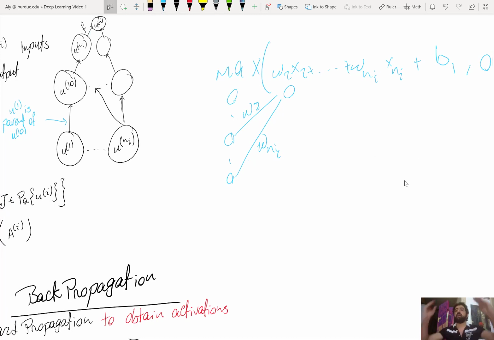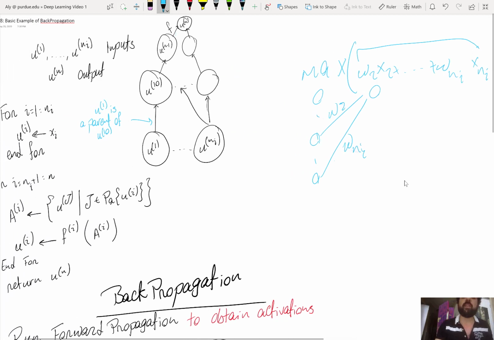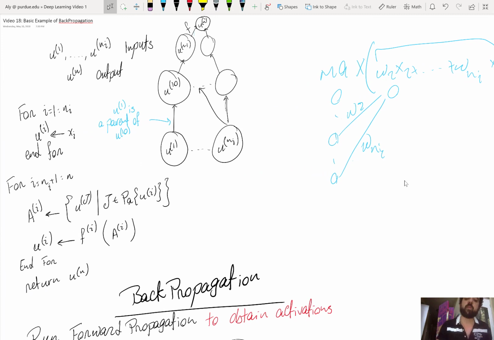Then I have one node corresponding to W2x2 plus up to WNI xni, and then a new vertex containing this value plus B1, that's another vertex, and then a third vertex in a third layer applying the ReLU function. So one layer in the neural network in that example corresponds to 3 layers in the computational graph,